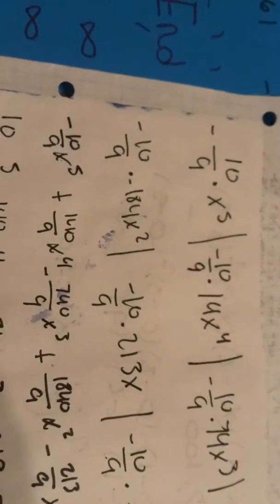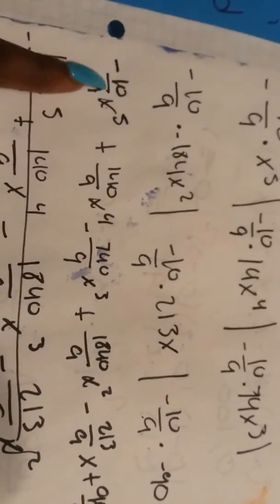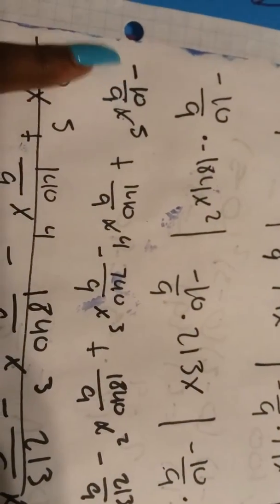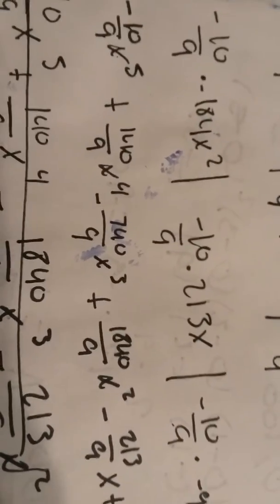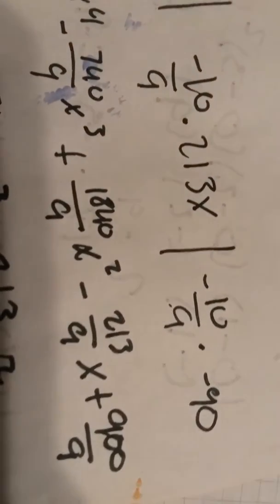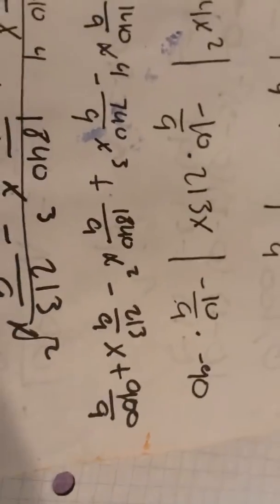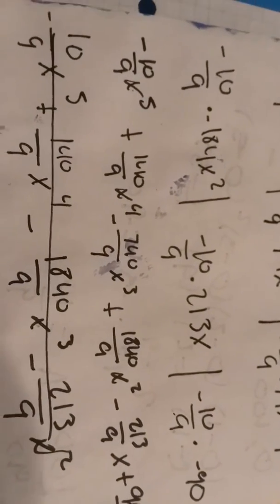Then you will take your amplitude and multiply it by each coefficient from your standard form, and then you will get negative 10 over 9 x to the 5th plus 140 over 9 x to the 4th minus 740 over 9 x to the 3rd plus 1840 over 9 x to the 2nd minus 213 over 9 x plus 909. And then this will be the equation that you will put into a graphing calculator to get your